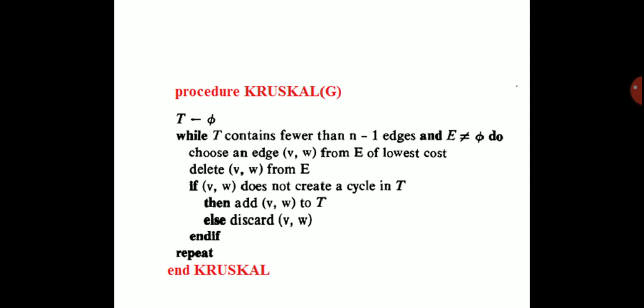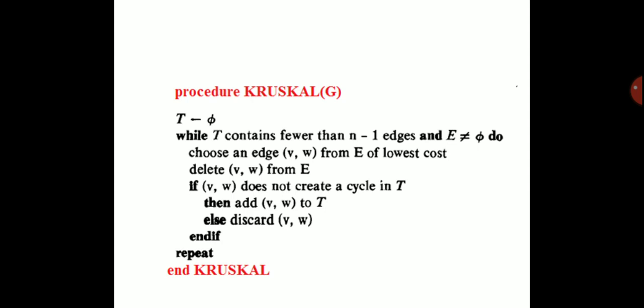Okay, what about E? E is the set of edges in the given graph. E should not be empty. There should be at least one edge in the graph, because Kruskal's algorithm leads us to pick up edges. So the set of edges should not be empty. That is the next constraint. So when T contains fewer than n minus 1 edges and E is not empty,